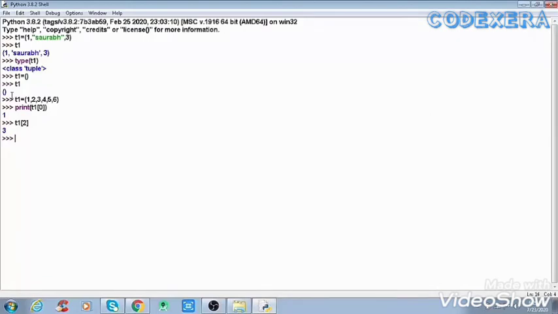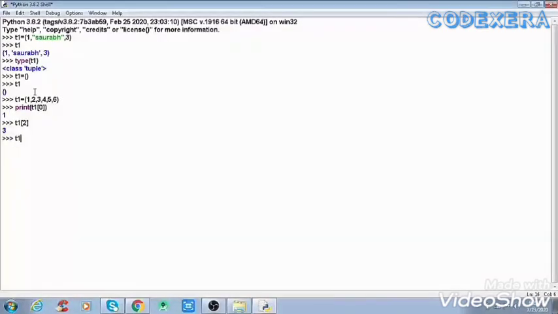In a tuple, as we did in the last section of the tutorial, we can also use negative indexing. Negative indexing starts from -1 and goes to the leftmost. I will show you how to do negative indexing in a tuple.